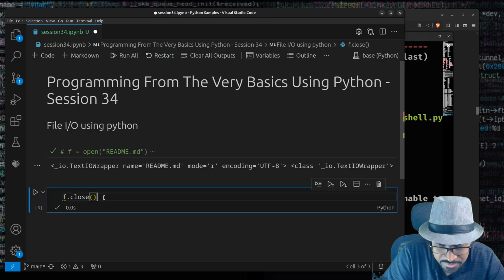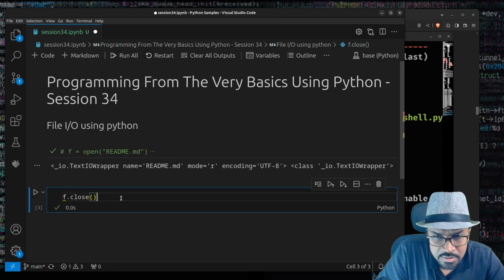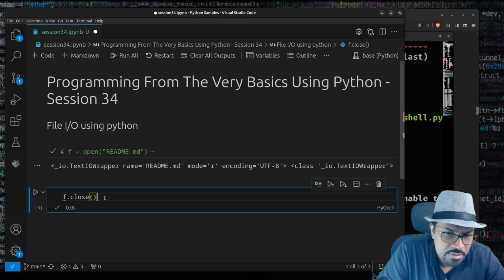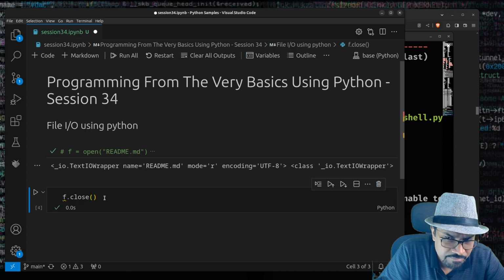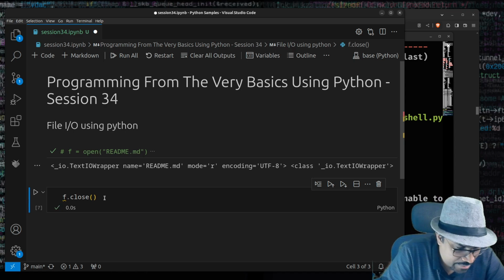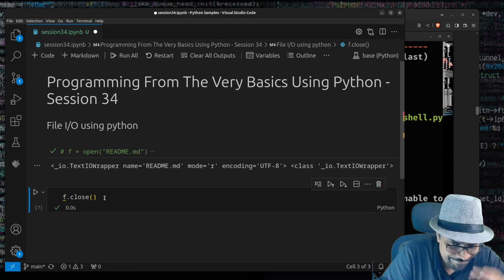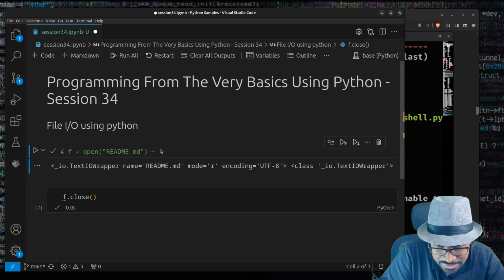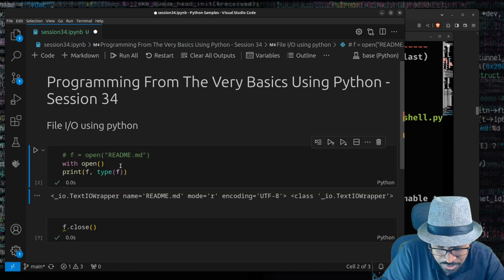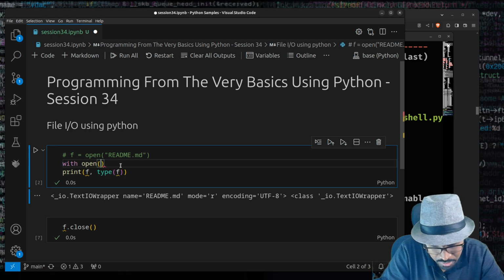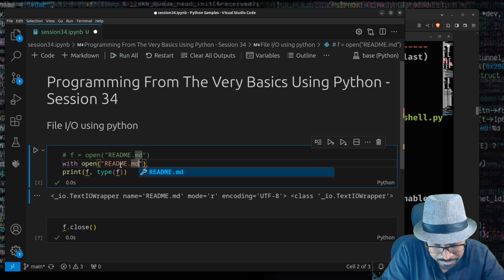Now coming back here, I said f.close. You try to call f.close one more time. Oh, it doesn't raise any exceptions anymore. You know, sometimes you used to get an exception like trying to close an already closed file. It just ignores it. But nevertheless, here in this code, I always use with open of readme.md, the file name,